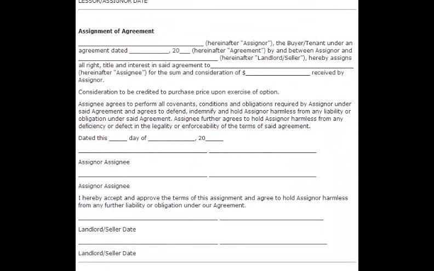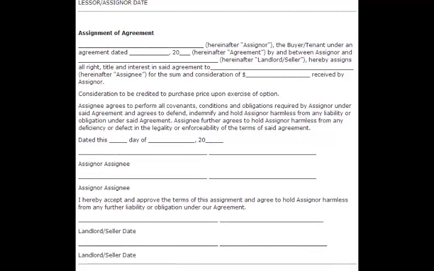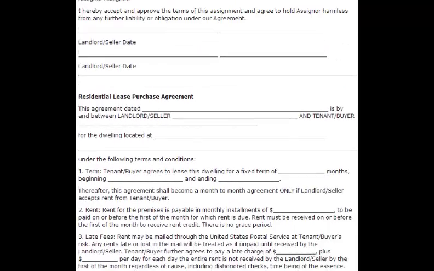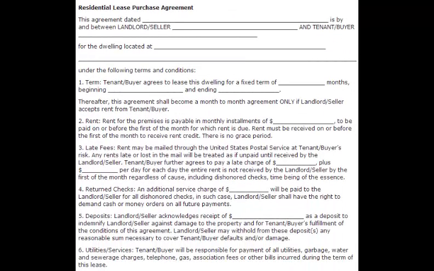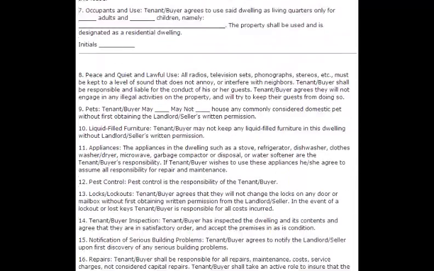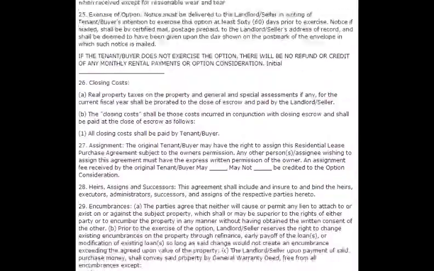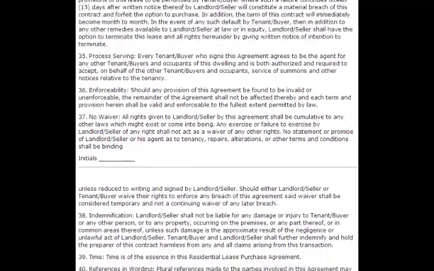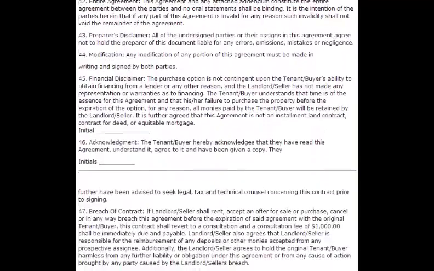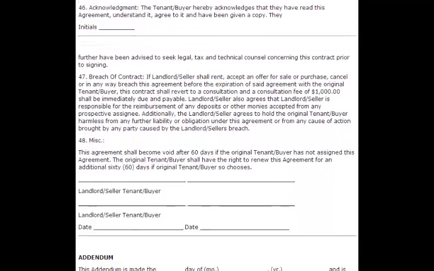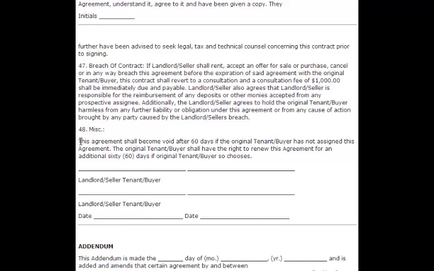This is an assignment of agreement form that the tenant buyer assigns his deal. This is a residential lease purchase agreement. It's a very involved agreement, but it goes through all the basic areas. And basically you're signing this with the seller,